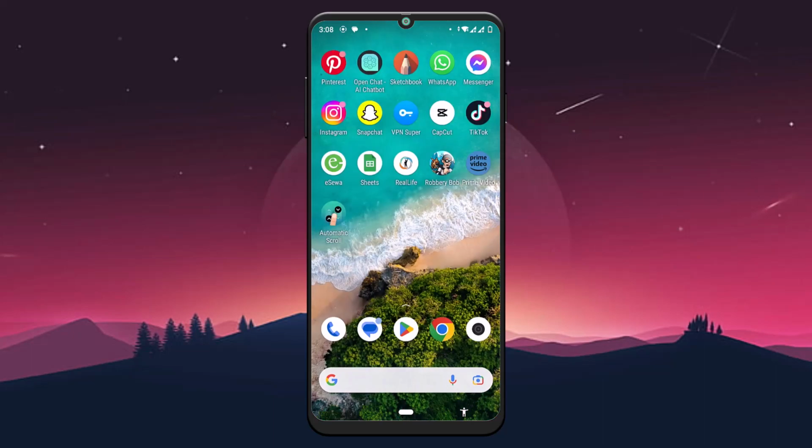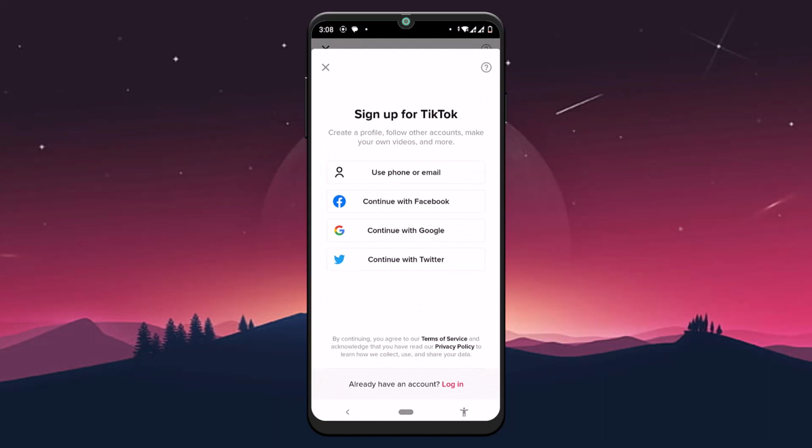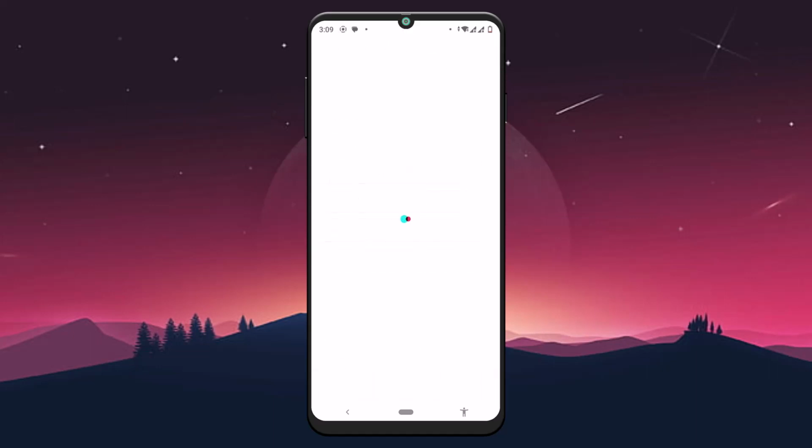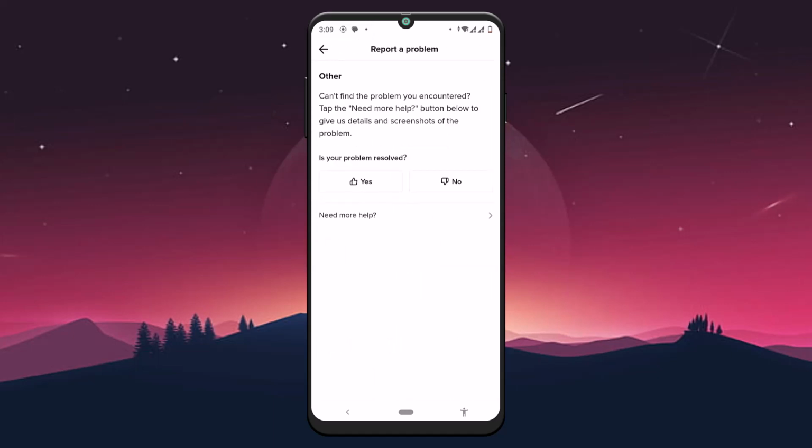So even after doing these two steps, if you are still facing this problem, what you can do is go to your TikTok application, and while signing up you can see there is a question mark icon, around the top right side of the screen. Just tap on it, and by doing this you can report a problem on TikTok. Now tap on other, and you can see there is a review section asking is your problem resolved. Just tap on no